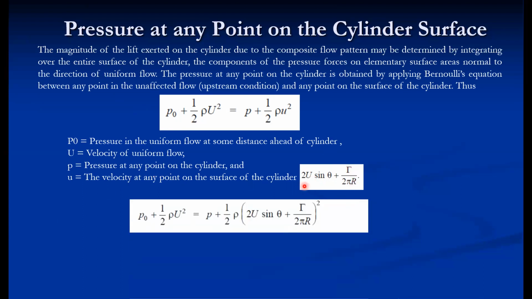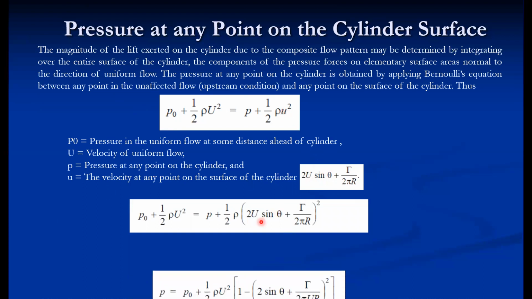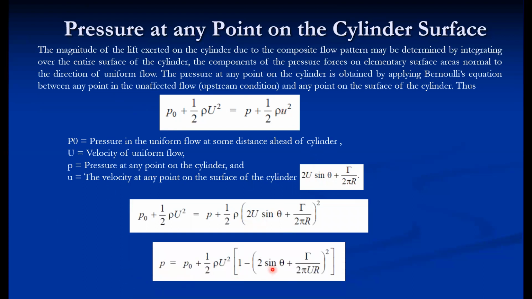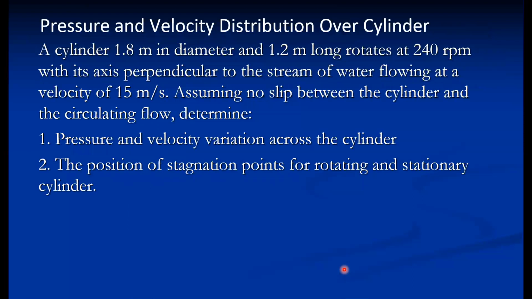So accordingly, if we substitute the value instead of small u and resolve, we can develop the equation of pressure at any point on a cylinder. And this particular equation we use in Scilab to get the pressure variation with respect to theta. So in Scilab, like the previous experiment, we take one example and solve the same example